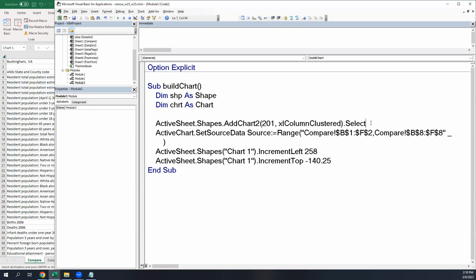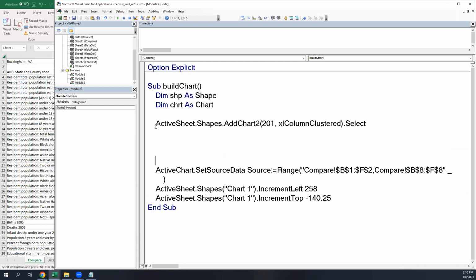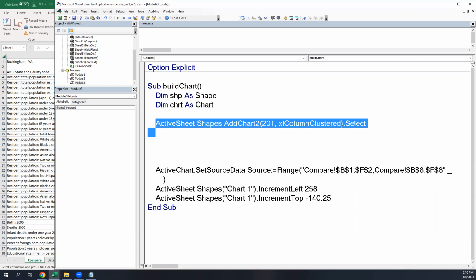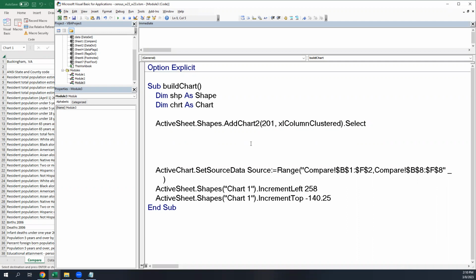All right, so let's look at this line right here. Someone help me with what code I would do to bind my shape variable onto the shape that gets created by this add chart to method. Anyone want to take a stab at that? Like, what's the first keyword I'm going to use on this line to bind an object variable onto an object? It's 3 letters long. Set, very good. I'll say set